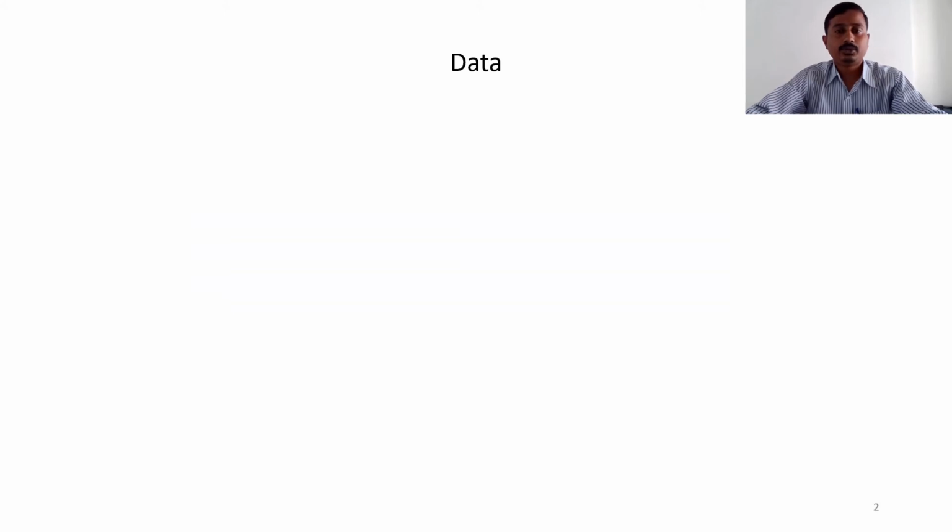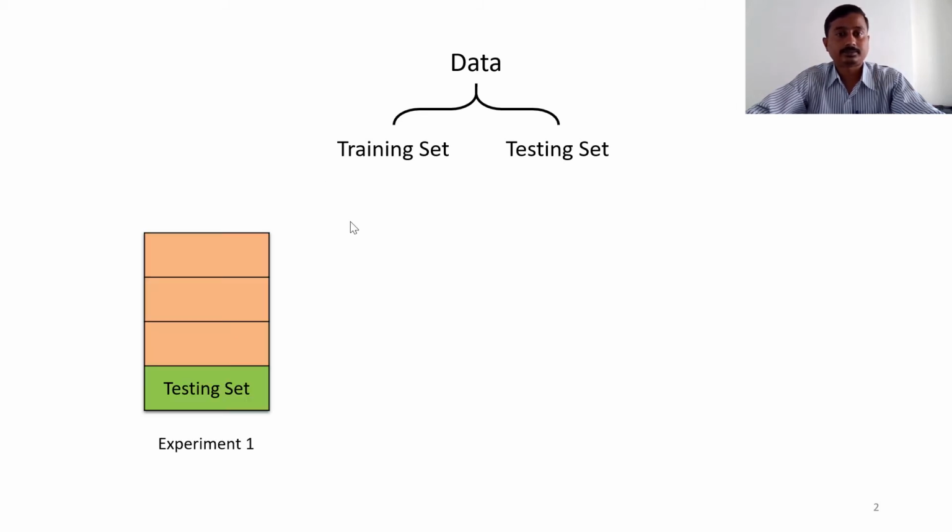So by now we know that we use data to create the machine learning models, and we divide this data into training set and testing set. We don't use 100% of the data for the training. The general ratio of the division is 3:1. We use 75% of the data for the training and the rest 25% for the testing.